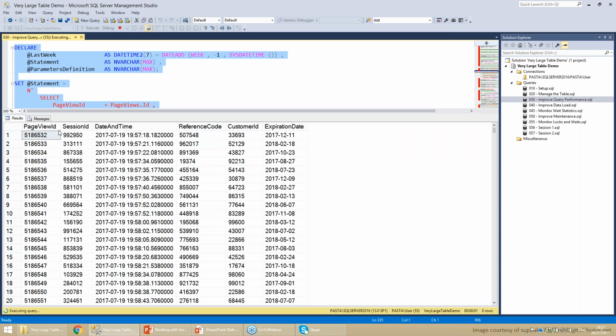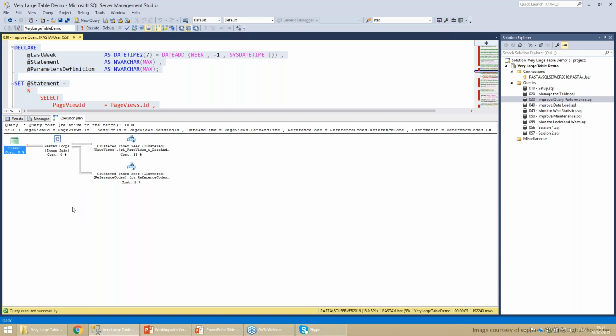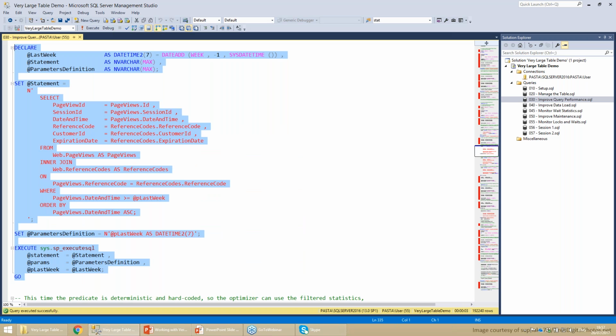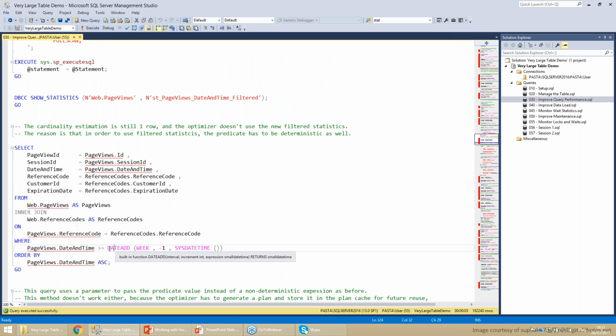Because we have parameters in here, SQL Server still can't use the filter statistics. So in both cases, SQL Server will not use filter statistics. In the prior case, because of this expression, SQL Server can't use filter statistics. It has to have a deterministic expression in the query as well to be able to use the filter statistics.